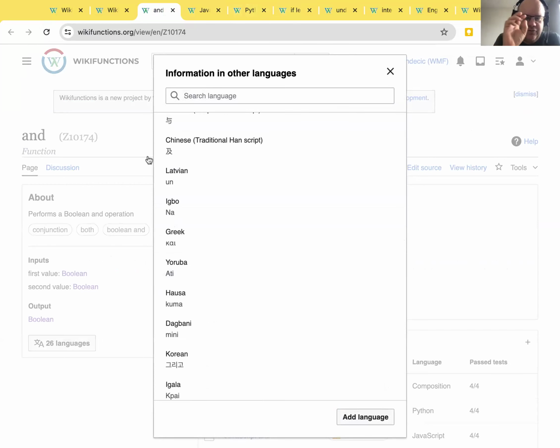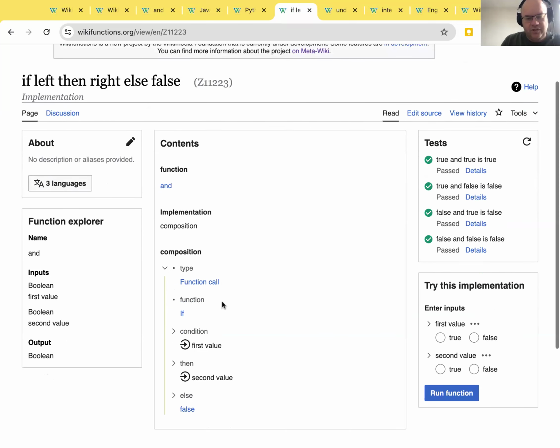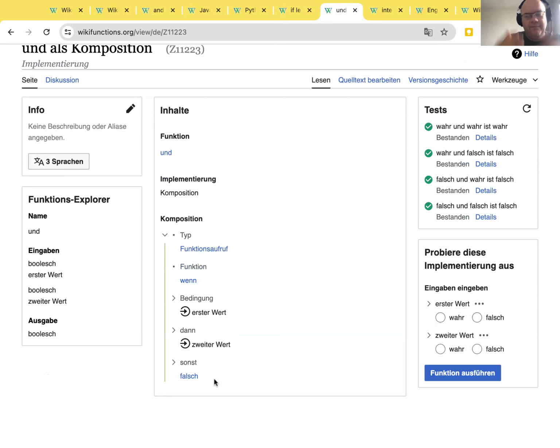So we have those Z IDs which are for the internal, but we replace them whenever we use them. So this is, for example, the composition now in English, but I can see the same thing also in German. And it's the same function, because we're just replacing the names of them. So you can view the functions in about 300 different languages that we currently support, and you can also create them in those languages. Sometimes programmers don't speak English if they want to code, but most programming languages are tied into English. So this is how it basically works.